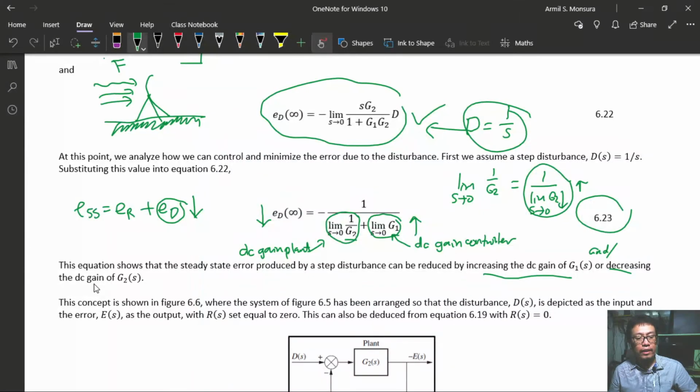So, pag pinababa natin yung DC gain of G2, pag binababa nyo to, yung reciprocal niya tataas. Okay, therefore, yung contribution niya sa sum na to, tataas din. And therefore, yung entire denominator nyo would actually be higher. That would lead to a lower error due to the disturbance. Okay? So,